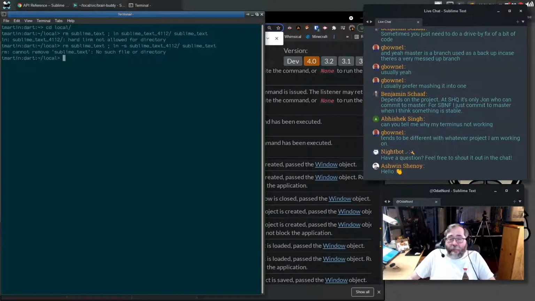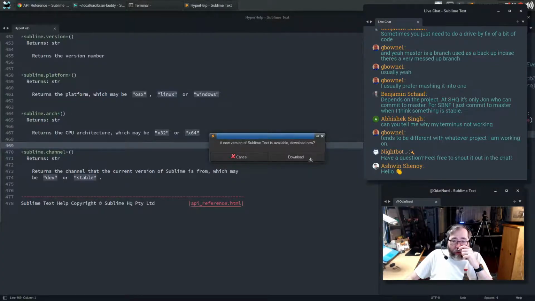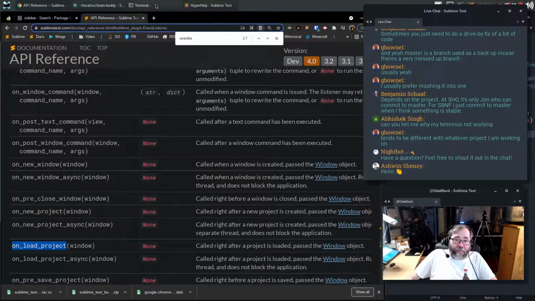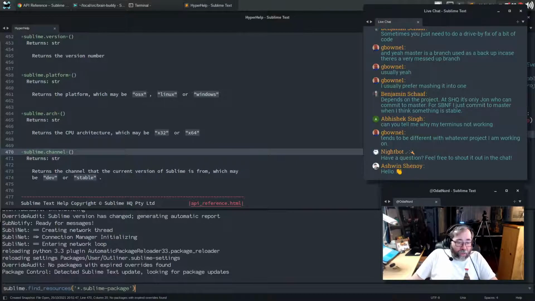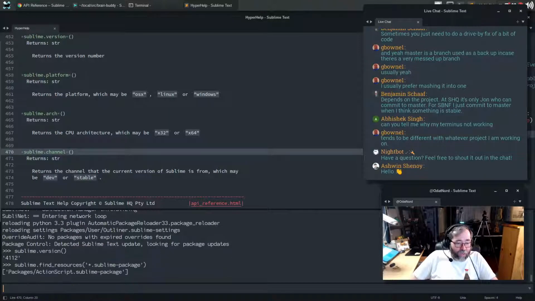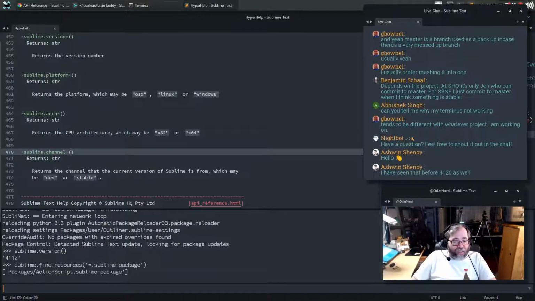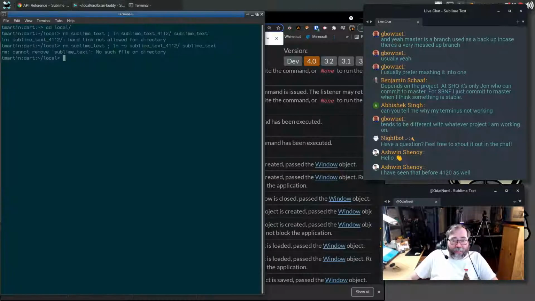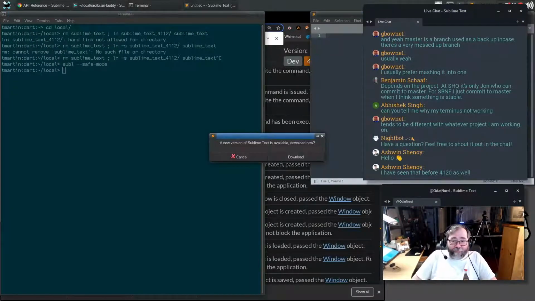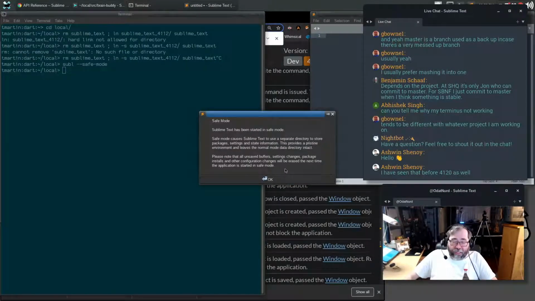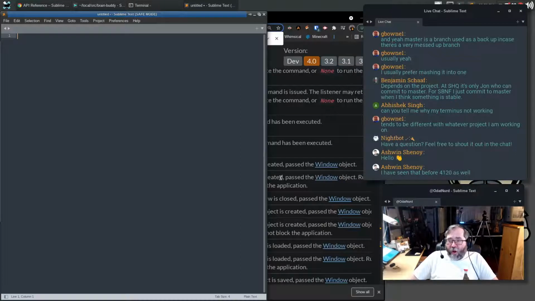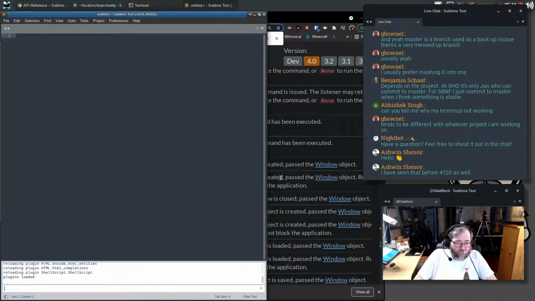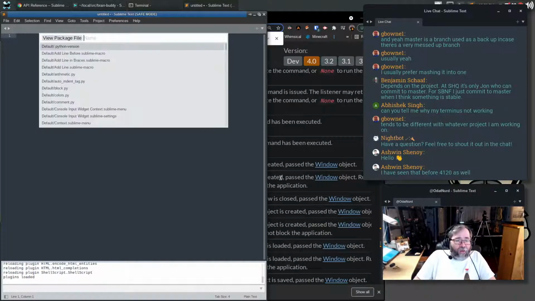Okay, so now we're in build 4112, and it's still finding some packages, but it's really only finding the one. I guess, for testing purposes, we want to test this in safe mode, right? Just to be absolutely certain that there's nothing funky going on. Although I can't imagine that there's anything a plugin could do that would change that, but something could monkey patch the Sublime module.